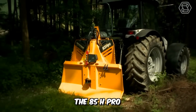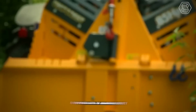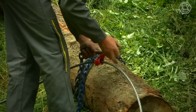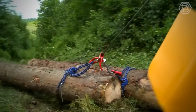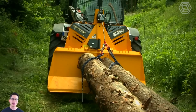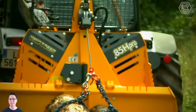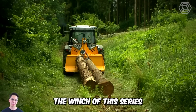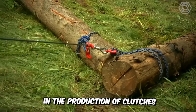The 85H Pro hydraulic winch, with a pulling force of 8.5 tons, is applied with an unwinding device. It has a convenient compact design, designed with modern technology, and can be mounted either at the front or rear of the loader. A flexible safety net serves to protect the tractor during skidding, and a safety pin on the lower pulley prevents the cable from unwinding. The equipment has additional holders for chainsaw, pickaxe, and axe. As for the 3-point linkage, it ensures quick coupling of the winch with the tractor. The winch of this series is equipped with LUK clutch from Germany, the world leader in the production of clutches for the automotive